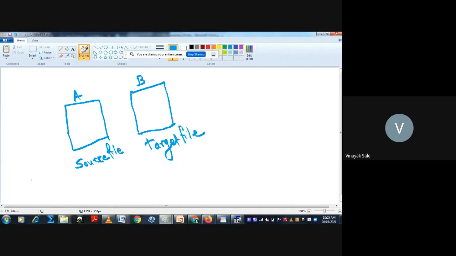So whatever contents are written in file A should be copied to file B. That is, we have to write a program regarding this copy of a file.